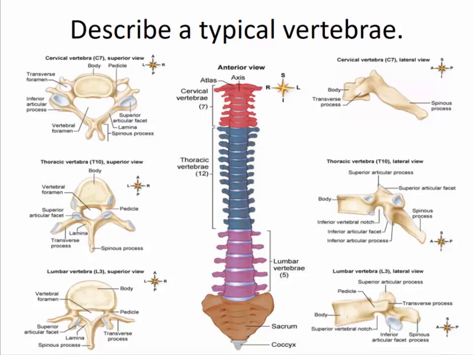We could see that they all have that same basic structure with a body, the lamina going back to the spinous process, the transverse processes sticking off the side, and then the vertebral foramen that the spinal cord actually runs down through, being formed because the body, the lamina, and then the spinous process surround that hole that the spinal cord runs down. So even though these don't all look exactly the same, a typical vertebrae has those components that